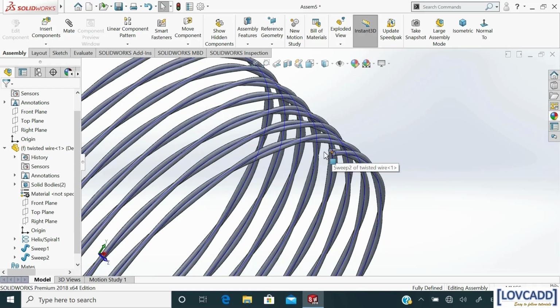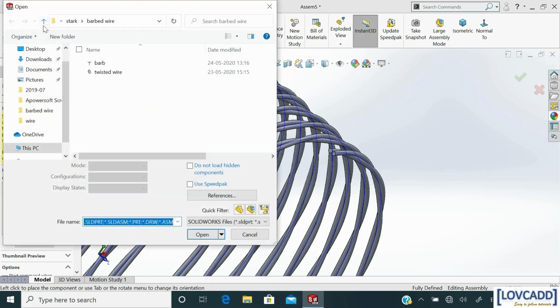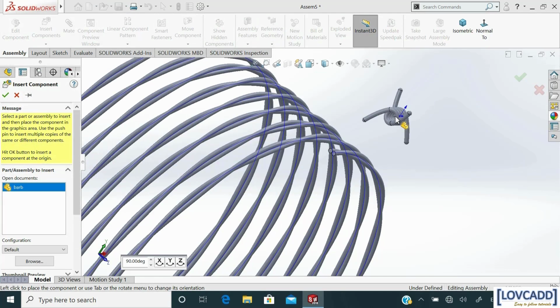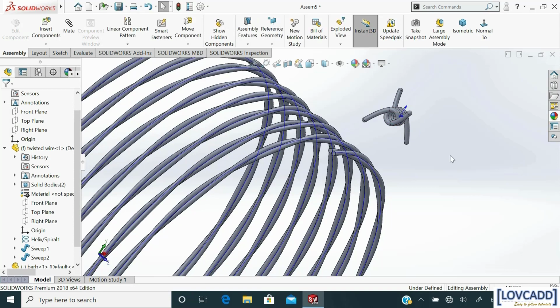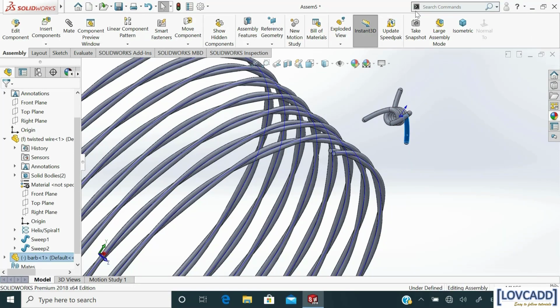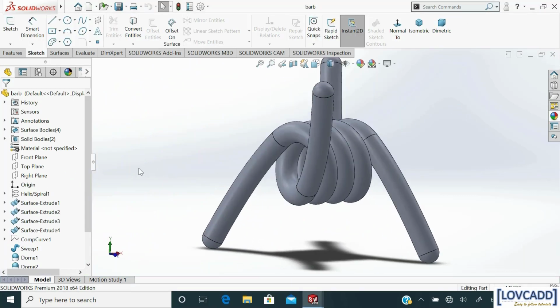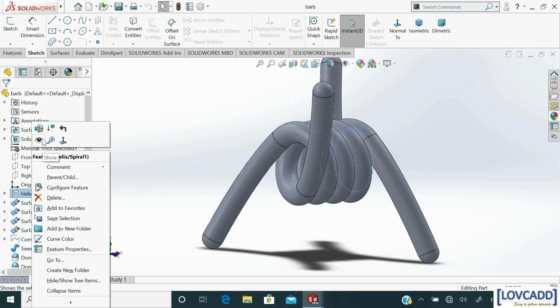Now next insert the barb. So go to insert component, select barb, open, place it anywhere here in the canvas. Right click, select open part. Here first show the helix.